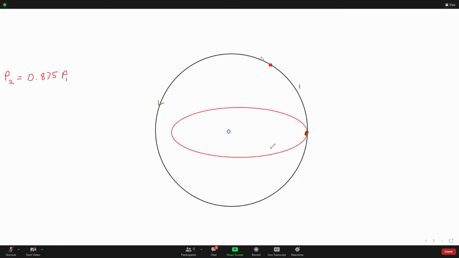Orbit number 2 has a smaller semi-major axis than orbit number 1, so it's going to be going along a lot faster. So we need the orbital period of this thing to be this. What was the orbital period of a geostationary satellite? It was 0.875 times